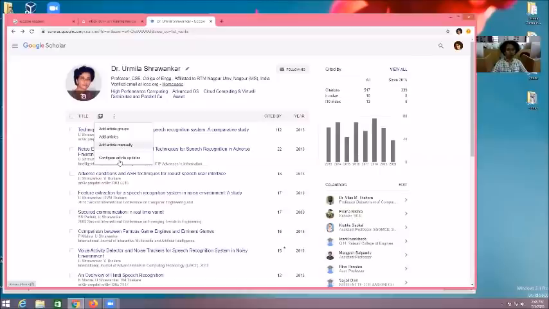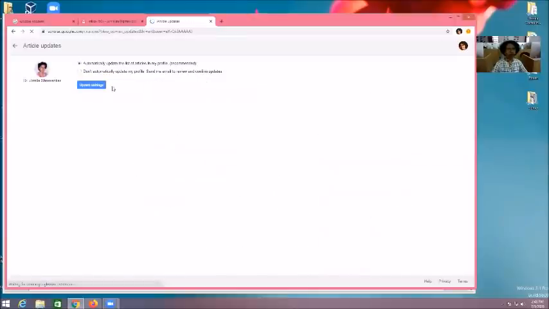That is your choice. Configure article update. Now how to check the updates and all that, you can configure here automatically. I told you in the setting, don't automatically add into the profile. They will email you and then only it will add it. But who will take care of your email and all these things? Means reading the email, then informing Google to add that article. These are multiple steps. Instead of that, you can directly say yes, add it. So this is one more option available.